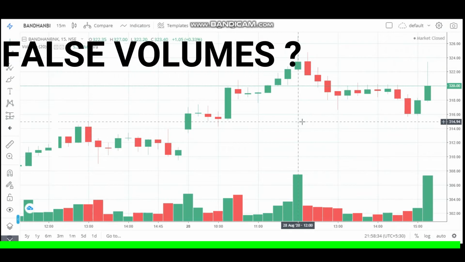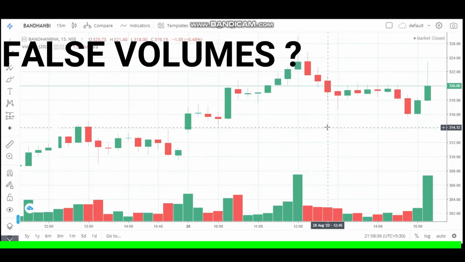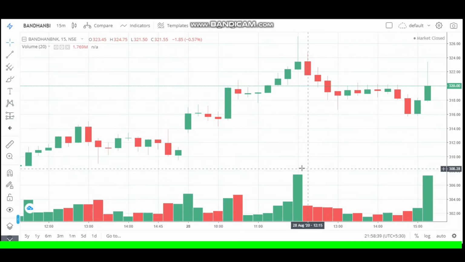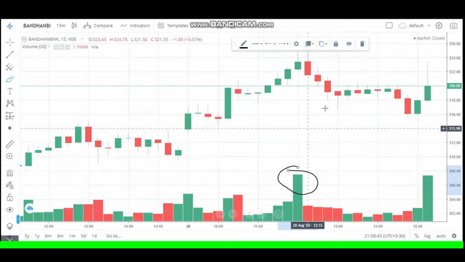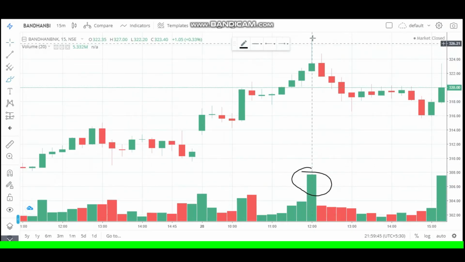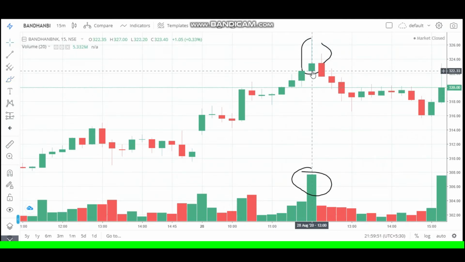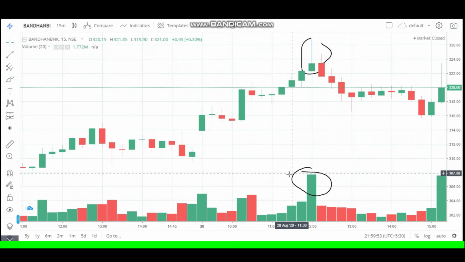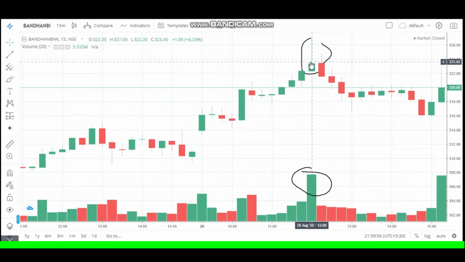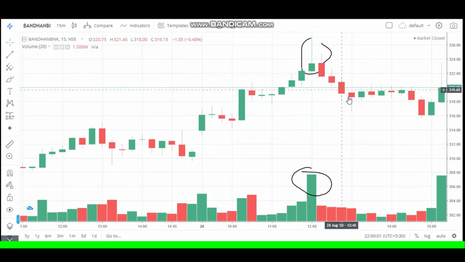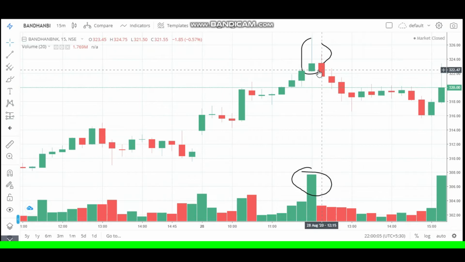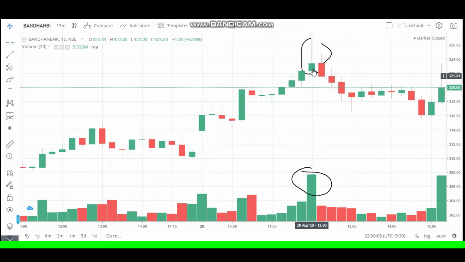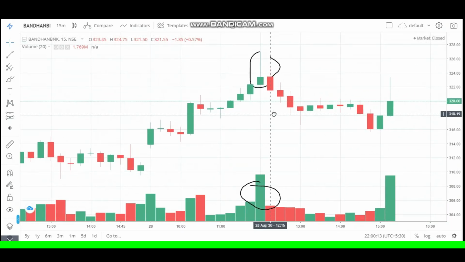So what about false volumes? According to me, there are no specifically false volumes, but there are times when the market gives high volume but the candle it makes is sometimes this way. Here we can see the market has made a hammer candle, and you will say that you saw high volumes and took the trade, but you also have to see candle patterns. After a hammer candle, the market goes downward, lower, which means sellers are in the market. So you check volumes as well as candles, and along with those two you take a trade.